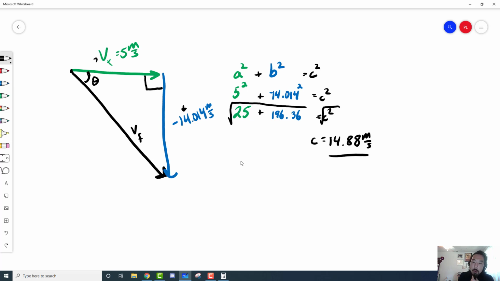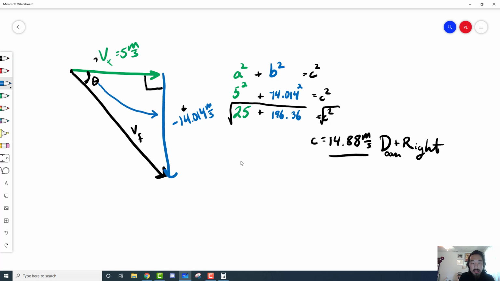All right, so this tells us a lot, right? This tells us that the object is going 14.88 meters per second, but doesn't tell us the direction. Well, we can say that it's going down and to the right. But if we want to find the actual angle, if we want to find this angle here, we got to use some trigonometry. So we have, according to this angle,